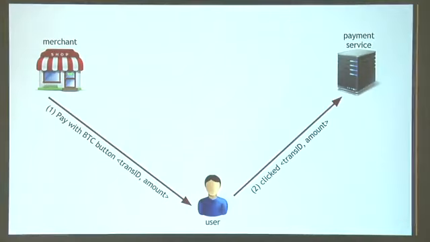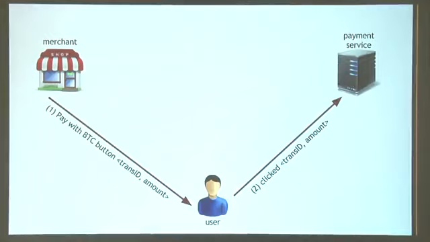That will cause information to be sent to the payment service as an HTTP or, ideally, HTTPS request, which says that that button was clicked. Here's the transaction ID from the merchant. Here's the amount. And of course, the identity of the merchant is implicit here. When that happens, now the payment service knows that this customer, whoever they are, wants to pay a certain amount